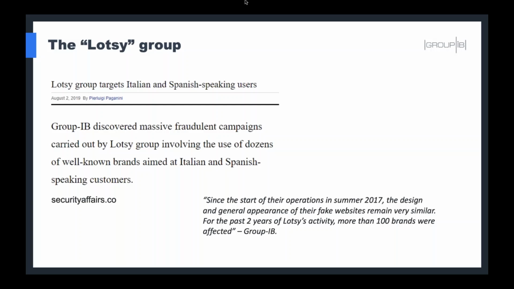And during this scheme, more than 100 brands were involved in the process of traffic attracting. But now we can see some parts of this scheme trying to attract users in Russia, in Singapore, in Germany, and in USA. So these guys are working for at least 2 years, and they are just trying to attract